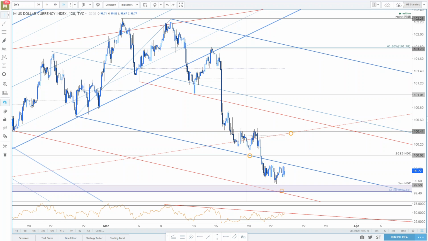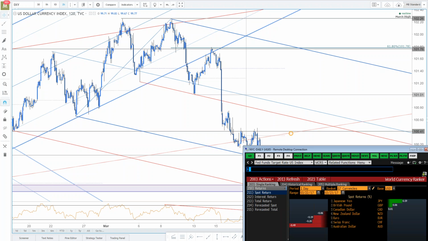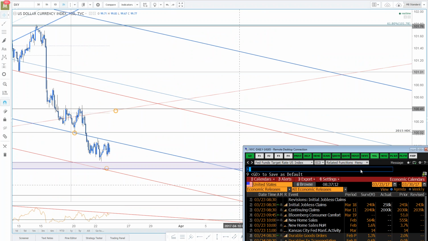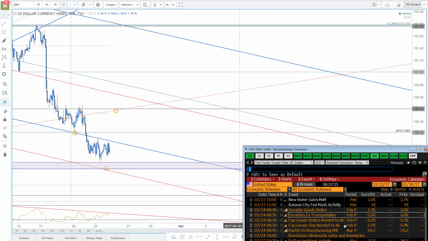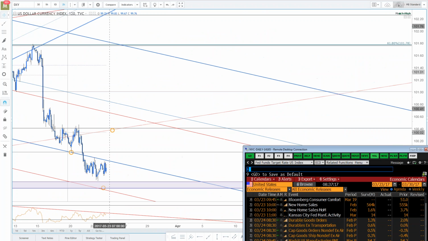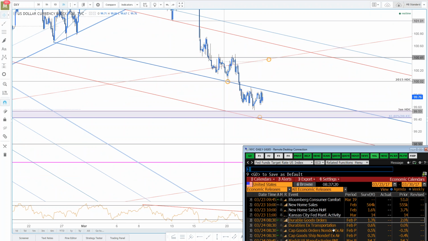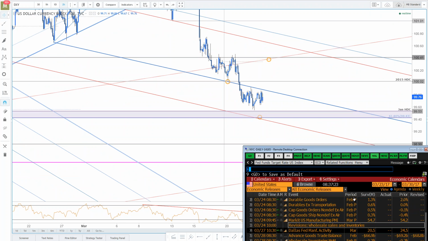As far as the dollar data is concerned, do keep in mind that tomorrow we do have on tap the durable goods orders, and that's really going to be the major print that we've been waiting for all week. By the way, today at 10 o'clock you do get new home sales. Not a major market mover by any means, but something to keep in mind. Durable goods orders tomorrow will be big. Okay,